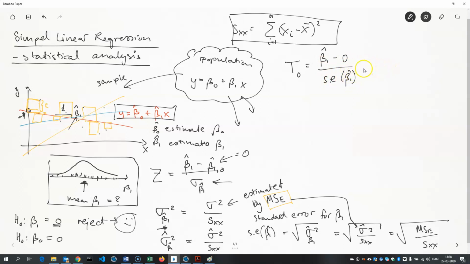Now that is a test statistic which has a t-distribution with n minus 2 degrees of freedom. And the reason it's a t and not a z distribution is because we've estimated the standard deviation down here, the standard error. The reason it has n minus 2 degrees of freedom is because our variance estimate here, or